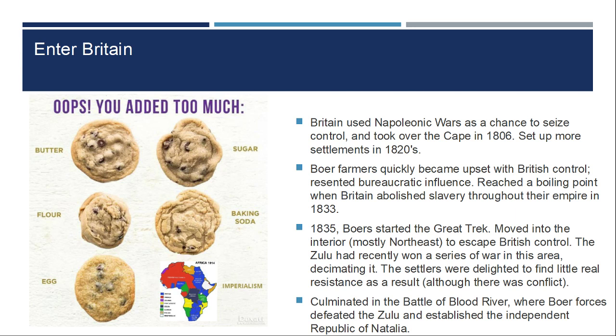They don't like the bureaucracy of it. The whole reason why they left in the first place is because they wanted more independence. They wanted to do whatever they want, and the British are not letting them do that. This reaches a boiling point because the Boers, might not be a big surprise here, but they don't have a positive view of